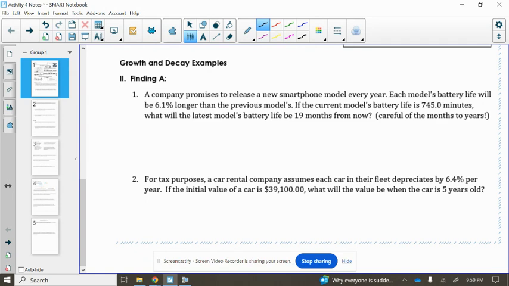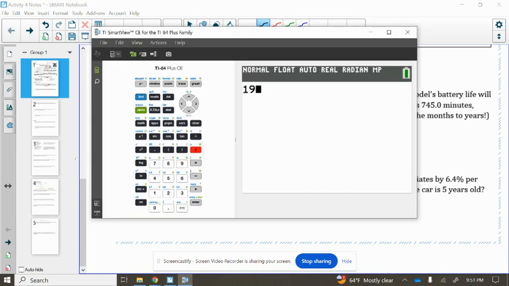So the first one says we have a company that promises to release a new smartphone every year. Each model's battery life will be 6.1% longer than the previous models. If the current battery is 745 minutes, what is the latest model battery life 19 months from now? So be careful because we were initially talking years, they gave us months, right? Well, 19 months, if we divide that by how many months are in a year, it's really